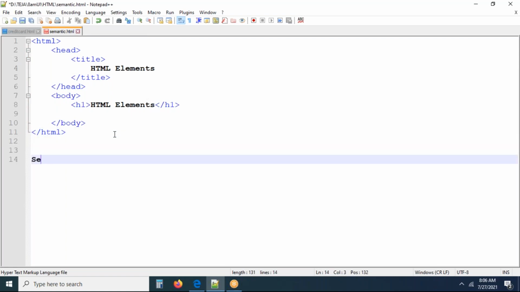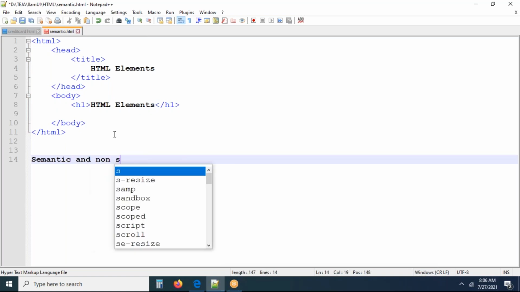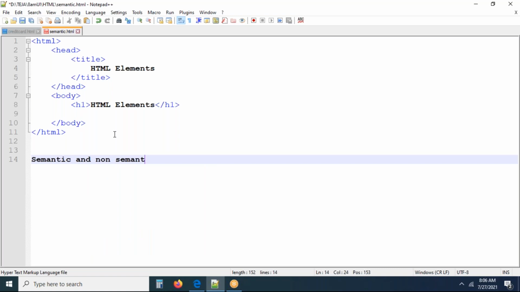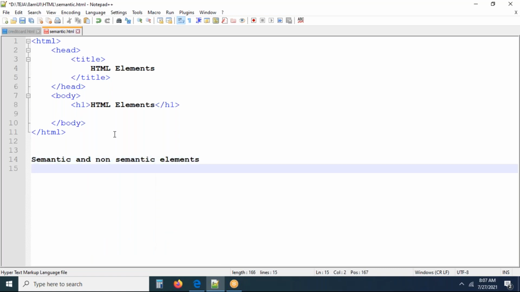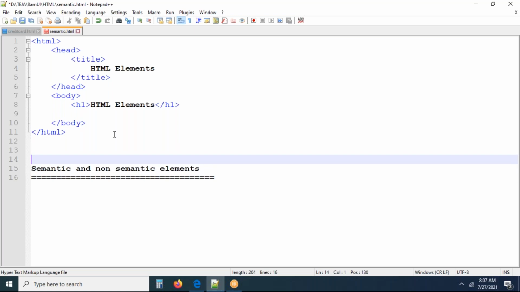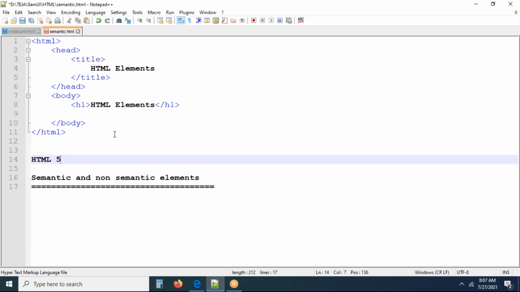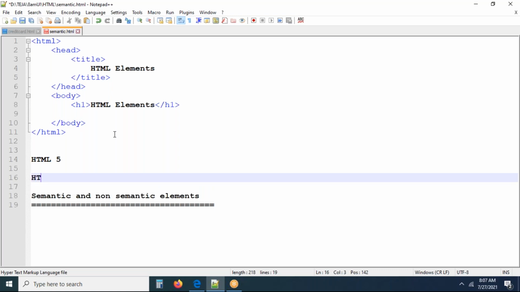Like this, we have one more category. They call them semantic and non-semantic elements. This is one of the things we have to know. What is semantic? What is non-semantic? Simply said, almost all HTML5 elements. We have HTML4, we know that. Now, all elements in HTML5